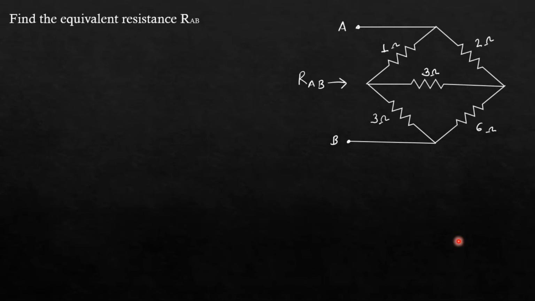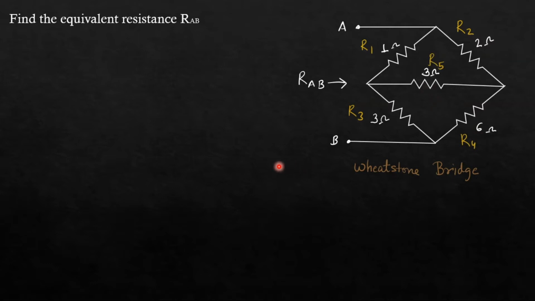Now let us look at a few problems on determining the equivalent resistance. If you see this type of circuit, in which 5 impedances or 5 resistances are connected in this manner, you can see here 1, 2, 3, 4, 5. Then first you have to check it for a Wheatstone bridge in a balanced condition. Now how to check? Let me call this resistance 1, this is resistance 2, this is resistance 3, this is resistance 4, and this is resistance 5.